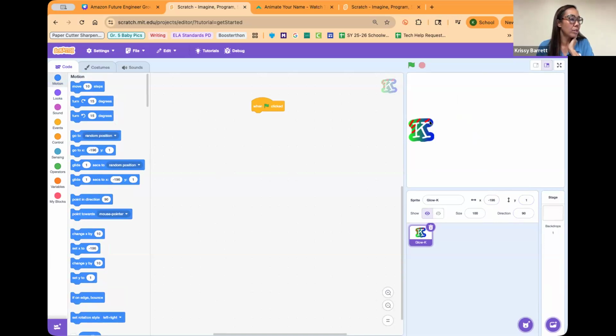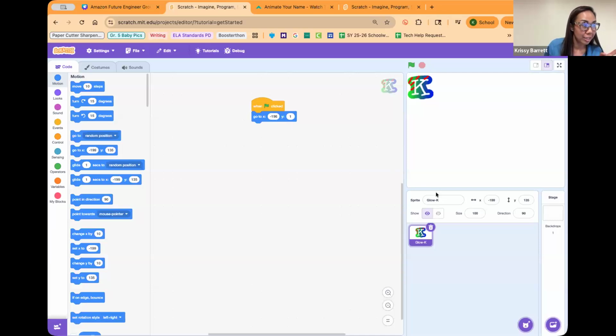So for example, I want it to always start here. So when I pull out my go to XY, these two coordinates, my XY, are going to match the XY of where the K is. But I tell the kids, now let's say you change your mind, actually I want it to start up in the corner here. These coordinates are not going to change to these. So I have to physically go in and type the new coordinates that I changed my mind to in order to tell it to come up here at a starting position.